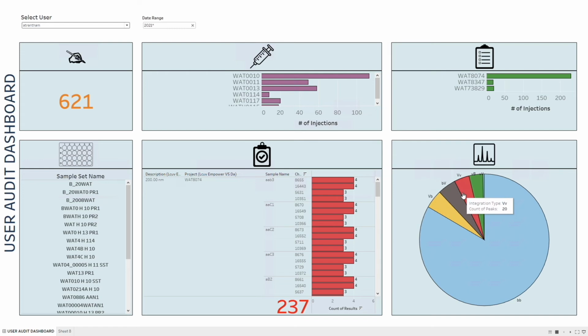A viz like this one could easily be adapted to show different information because the relationship of everything in Empower could always be traced back to a single user, but now, with EDSL, it can be traced back to a single user and presented in a visual format, allowing you to make critical business decisions based on easy to understand and factual information gleaned directly from your Empower databases.